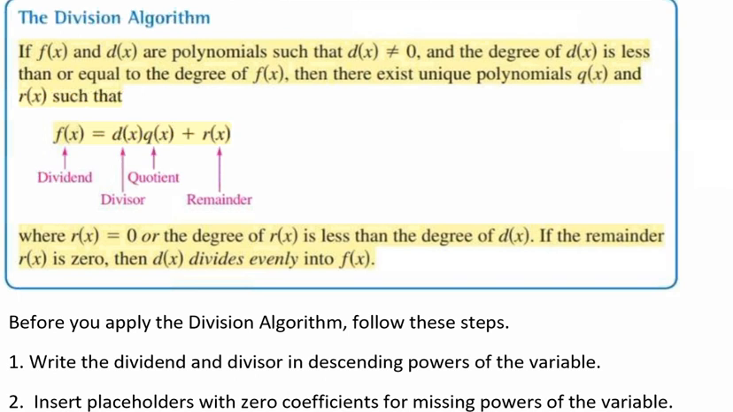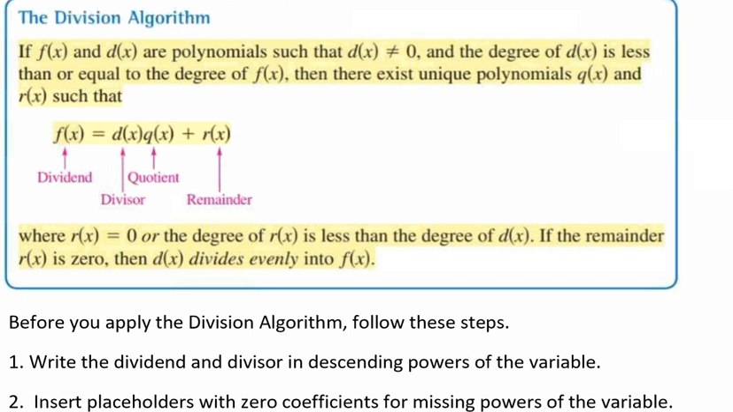In this video, we're going to be talking about the division algorithm. So the division algorithm says that if f of x and d of x are polynomials such that d of x doesn't equal 0, and the degree of d of x is less than or equal to the degree of f of x, then there exists a unique polynomial, we'll call it q of x, and r of x, such that f of x equals d of x times q of x plus r of x,